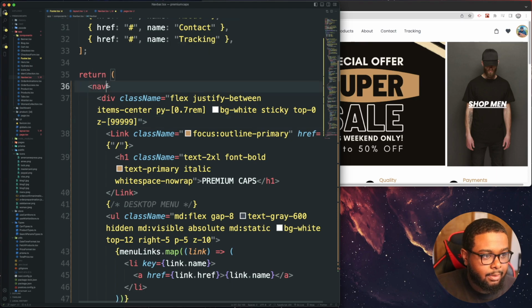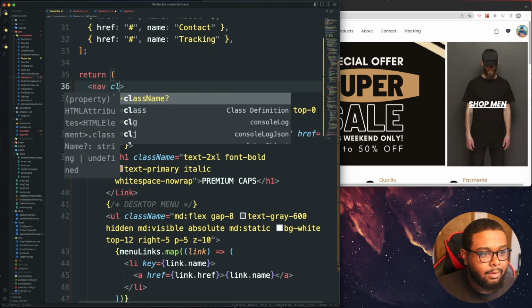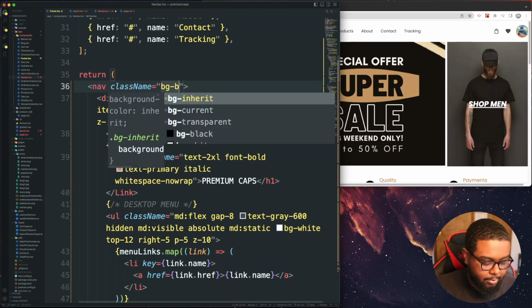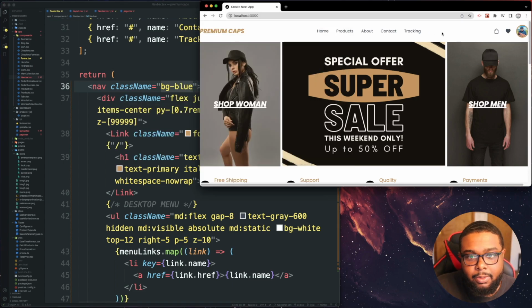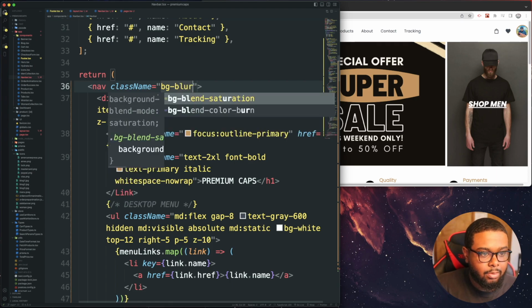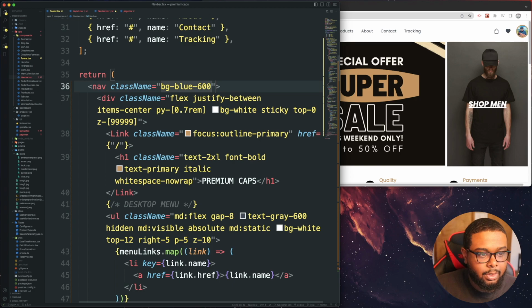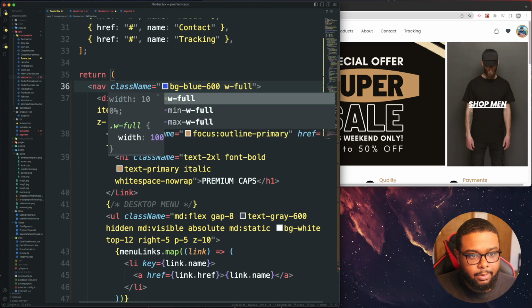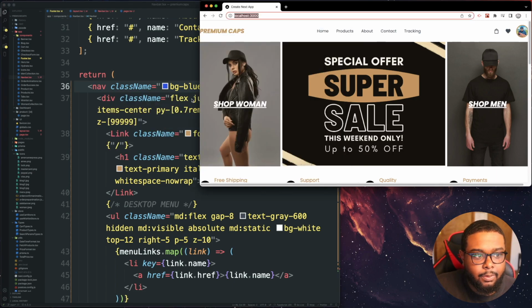First let's add a color to this now. Add a class name of BG Blue, just so we can see what we're doing. And that should change the color of all of it. Maybe I gotta do BG Blue like 700 or something. BG Blue, let's do 600. All right, and then we might gotta do a width of full as well. Width full,